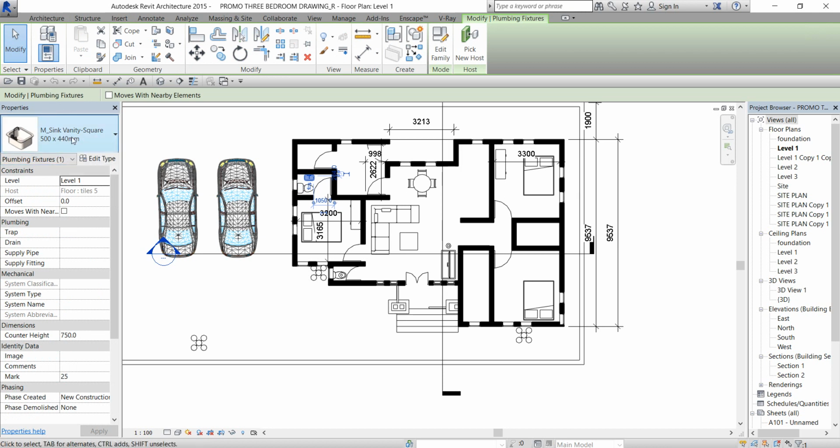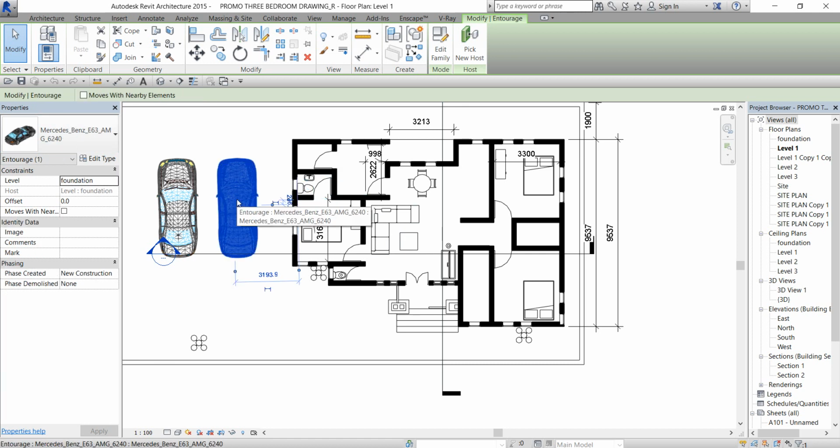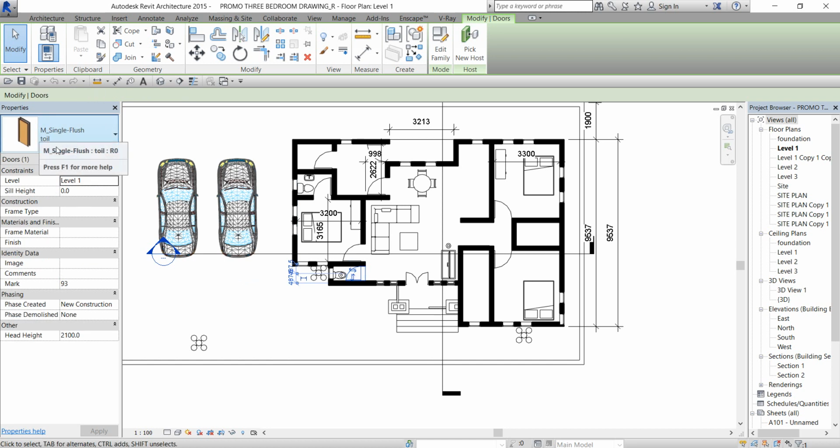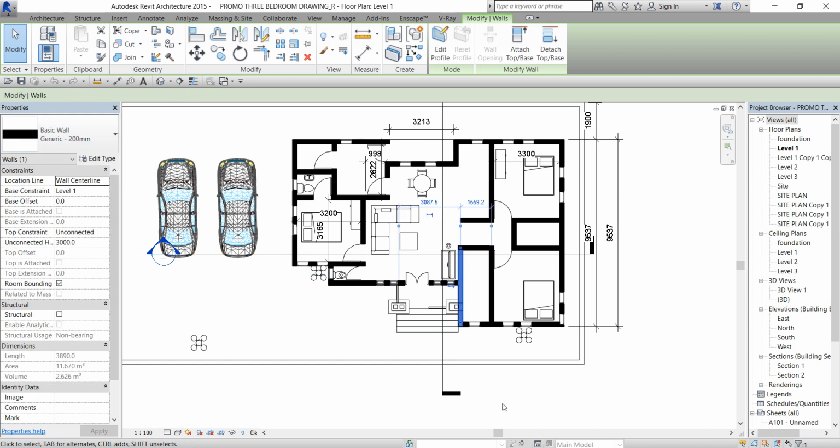So these are the what? This is sink. If you click on the car, you're going to change to Mercedes. If you click on the door, it's going to tell you there is a single flush toilet door. Things like that. For the wall, you're going to change to the basic kind of wall. So like I've told you before,